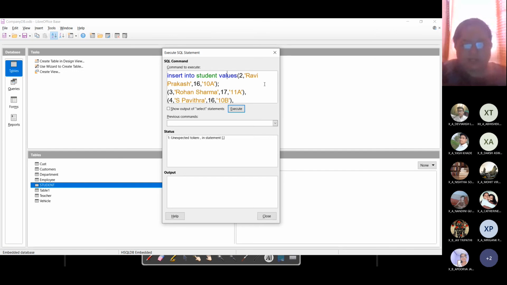What I'm going to do is copy this insert into student values and paste it multiple times and create separate insert table commands. And to separate each of the commands, I have terminated each of the commands with a semicolon.